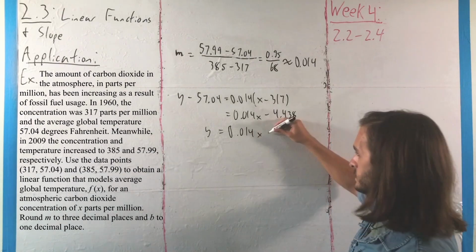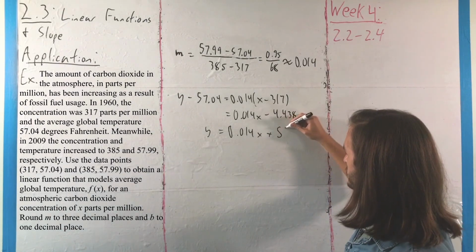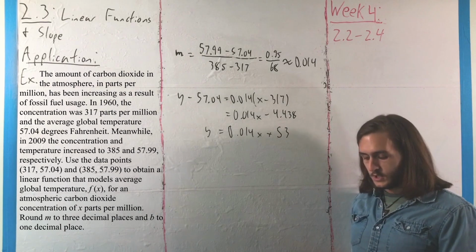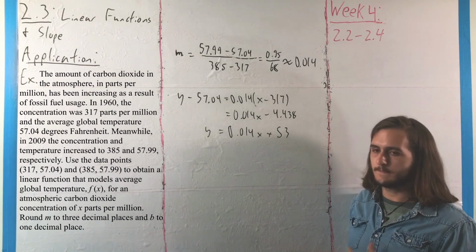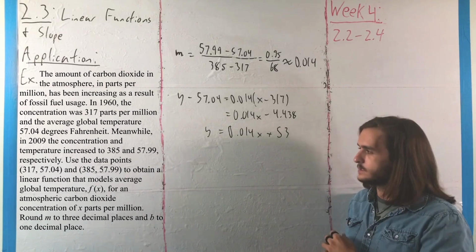Following the desired rounding scheme, I'm going to round that to 52.6, which is to say that we have our function describing the rise in temperature